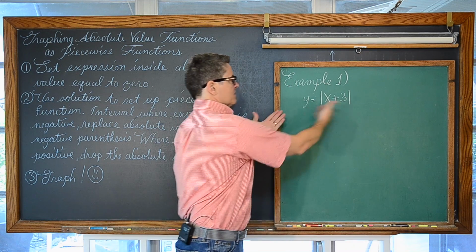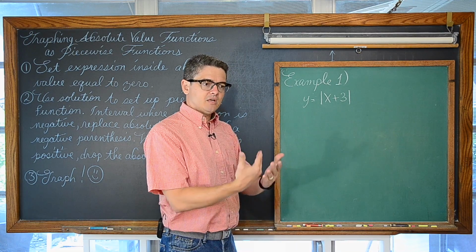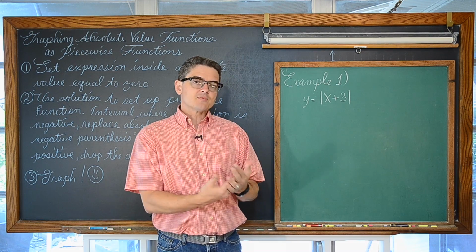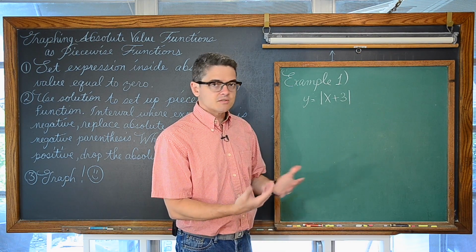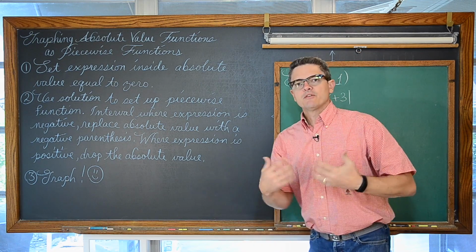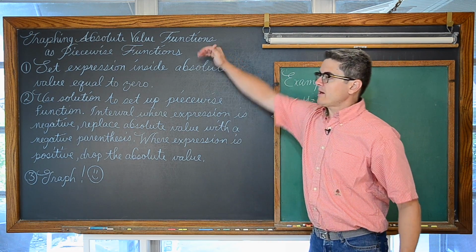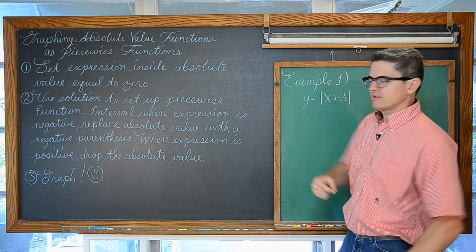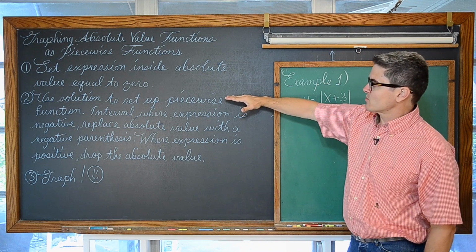And by the way, you might be looking at this going, I already know how to maybe graph this, understanding what the parent function looks like, y equals the absolute value of x, and some understanding of transformations. This is just going to be a shift to the left 3 places. But of course, we're going to step up the difficulty a little bit as we go through our 3 examples, and you will see the power of rewriting these as piecewise functions as we go along. Timestamps to those 3 examples are going to be in the description as well.